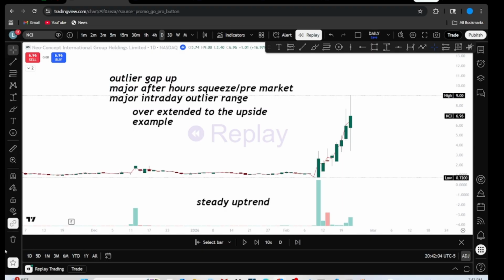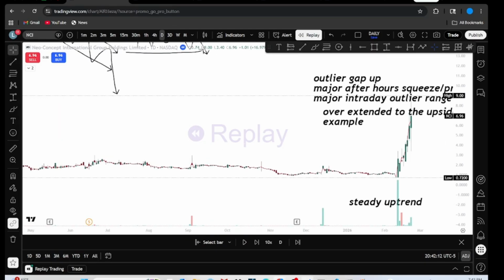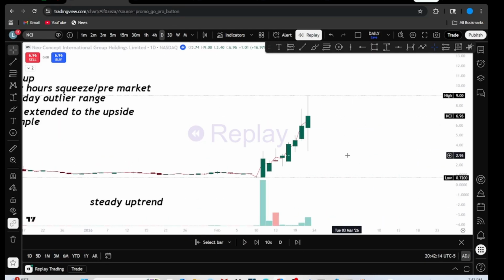This is a small cap stock. This company is not that great. It's a Chinese company. It's not a very good company. It should not be at these prices, essentially. When stocks get to these prices in the small cap market, unless they're super hyped up by retail or there's really fundamentally changing news, like a partnership with a real company or some type of big dollar amount deal or some type of merger acquisition or something like that, that's the only time that these moves actually might sustain.